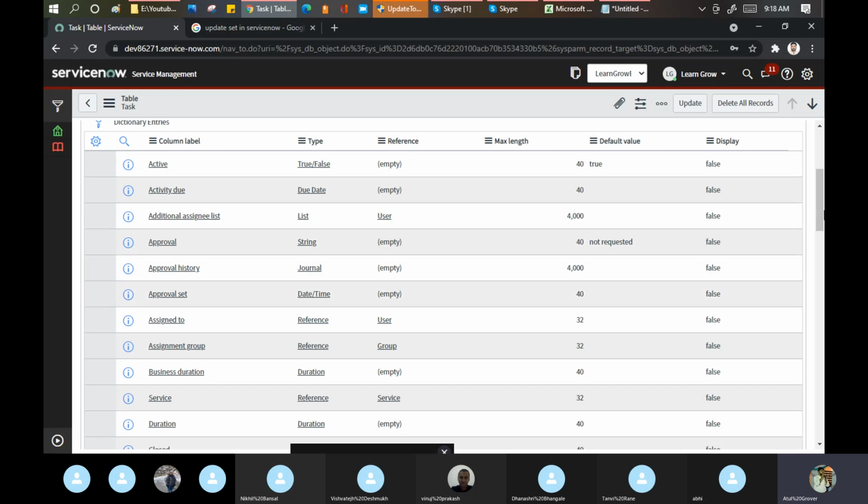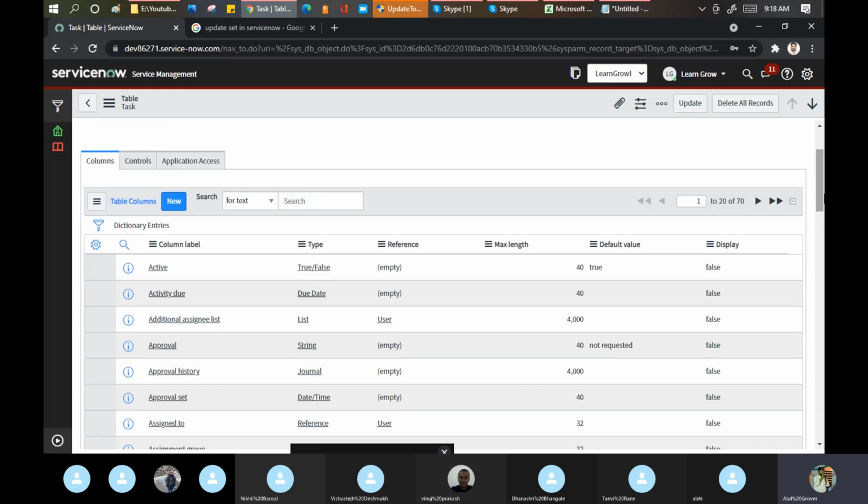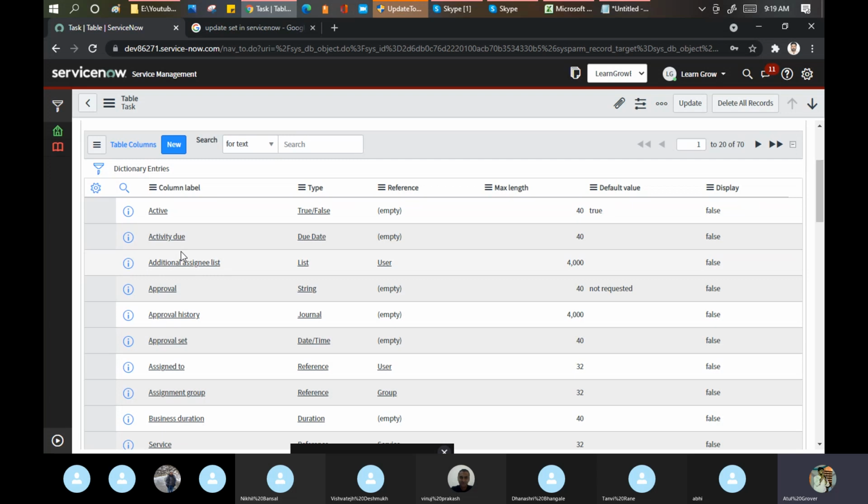So in the same manner, ServiceNow says that if you want to build your own table, your own application, I guess 3-4 days back, Arun asked, Atul, can I make my own module? Yes, buddy, you can make your own module, and this is the stepping stone for that exercise. So we can use this task table. ServiceNow says you want to build your own table, that's good, but you can use some of the fields which I am already providing to you. Like, let's take an example.